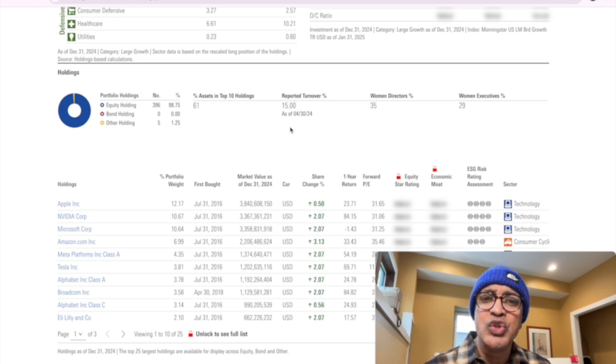What the turnover ratio means is, how often does this mutual fund sell stocks of companies and buy other stocks? Because the higher the turnover ratio, the more capital gains distribution this is going to generate. And especially in a non-retirement account, you do not want this turnover ratio to be high. You want it to be as low as you can get,